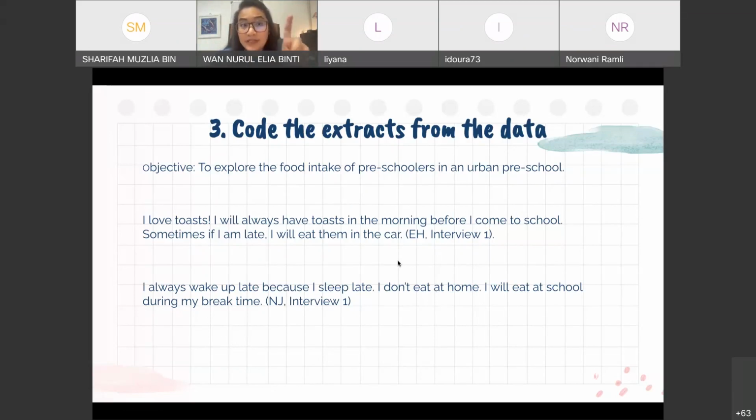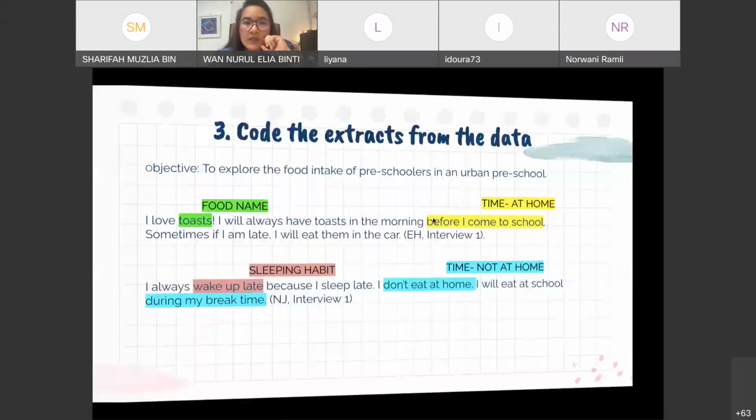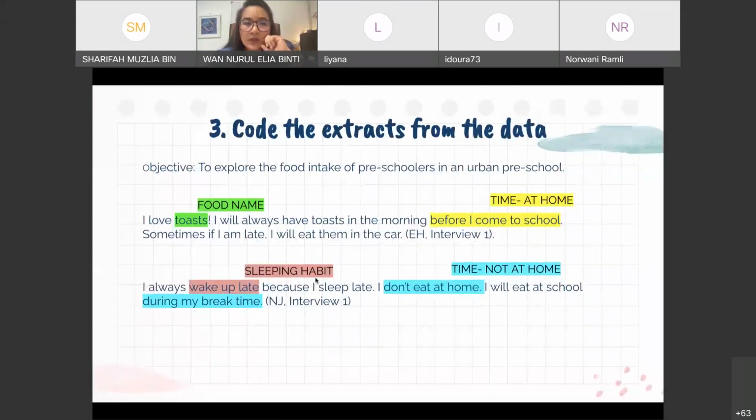All right. Okay, now let's see what I have highlighted. Remember, the objective is to explore the food intake of preschoolers in an urban preschool. I have highlighted toast, and I have highlighted before I come to school.